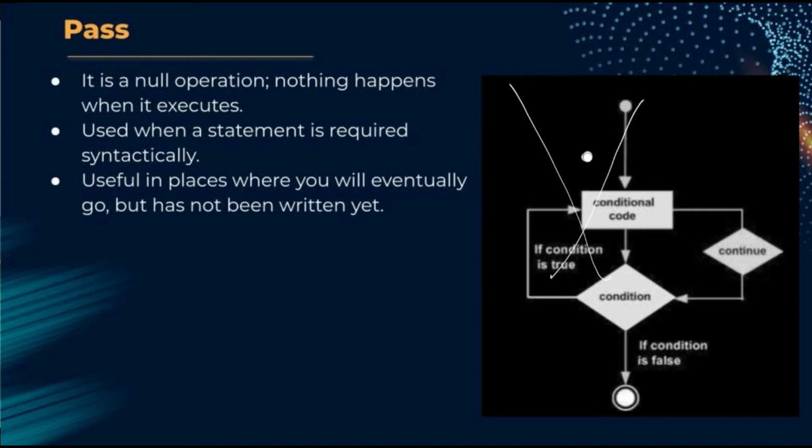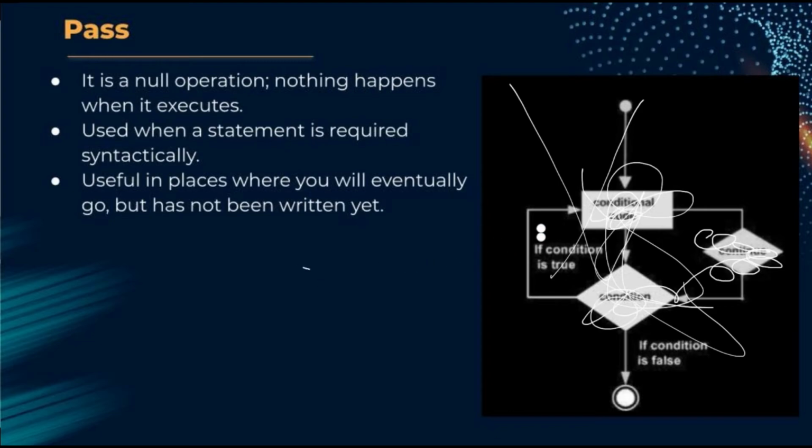And this is the wrong image. I didn't want to specify this image here, but that was a mistake. The pass statement basically does nothing, so it does not need any image of control flow. It does not have any flow actually. It just gives a license to continue without any operation. I hope that was clear.